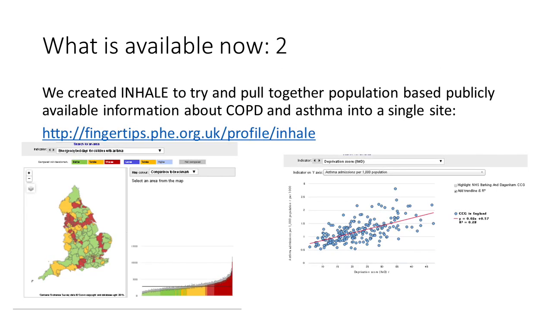And finally, in Public Health England, we built this tool called Inhale, which is an interactive atlas of health and lung conditions in England, which allows CCG and local authority level exploration of all kinds of data sets that we've assembled into one place, and you can visualize it lots of different ways. And it's reasonably well used across the country.